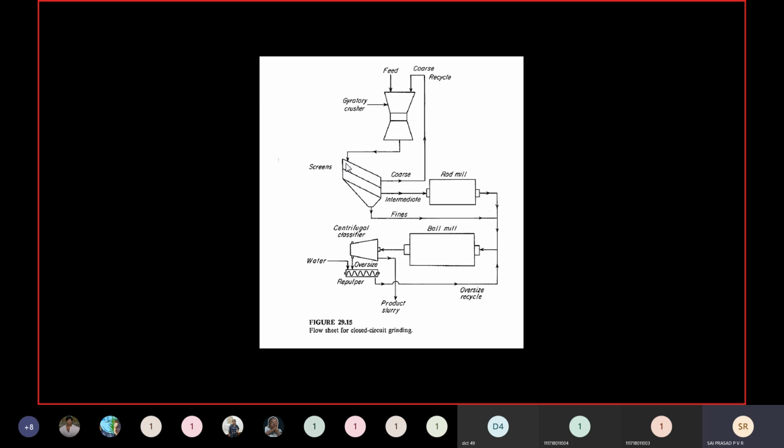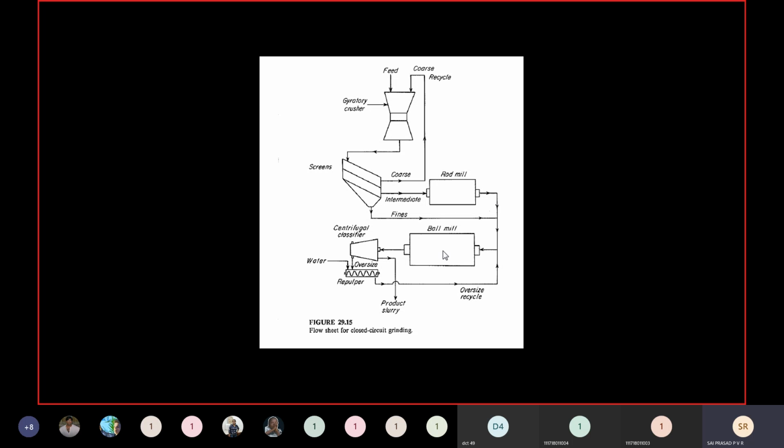So what will happen? Some particles may not pass through the second line. They will be called coarser particles. So these coarser particles are sent back to the system. Whereas the particles which are passing through this line, this is the screen actually, they are called intermediates. So these intermediates are now sent to the rod mill, and from there the outlet will be taken out. Whereas the particles which are passing through the third screen, they are called fines. So intermediates, after passing through the rod mill, will become fines, and these fines now will go to the